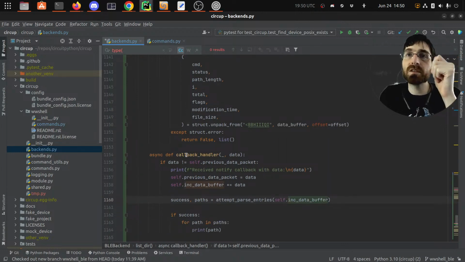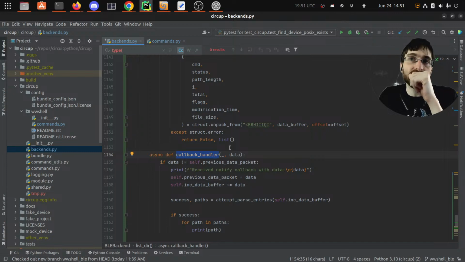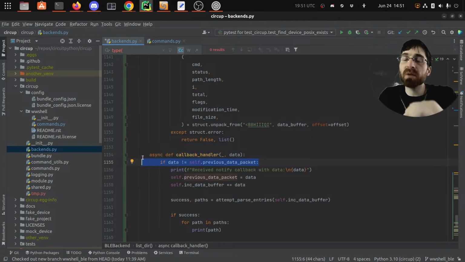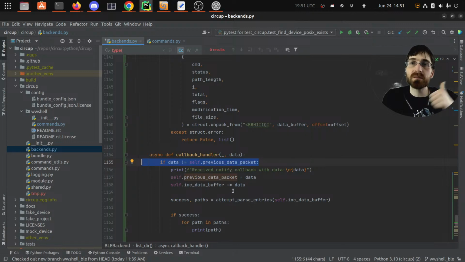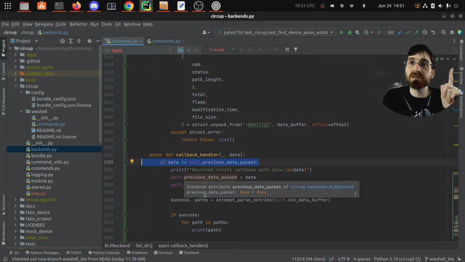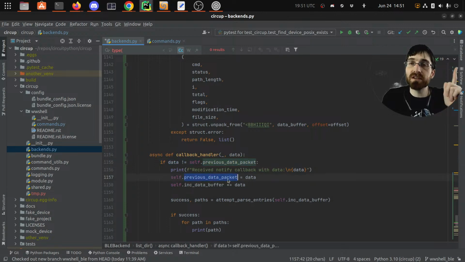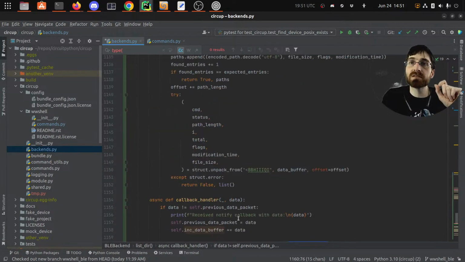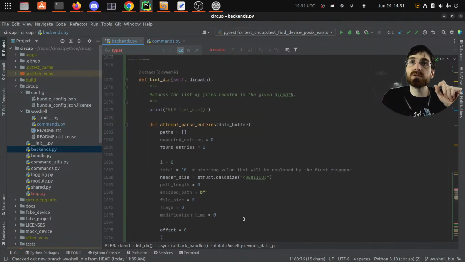So every time callback handler gets called, we check to make sure that the incoming packet is not the same as the one we got last time, and if it is, we ignore it. If it's not the same, though, if it's actually different, new data, we set it in the previous data packet, we add it to the incoming data buffer, we call attempt parse entries on that incoming data buffer, which is going to effectively